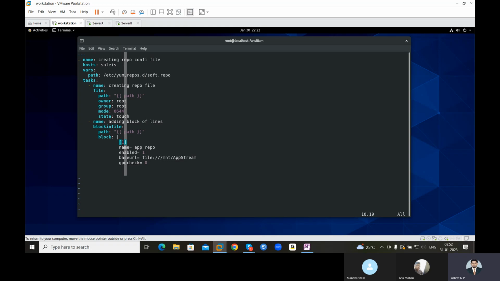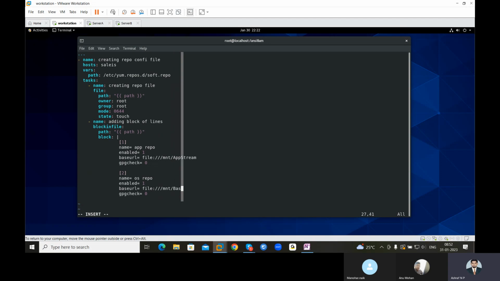So 1, 2, 3, 4, 5. So 5yy, copy it, just come down, and paste here. I'll customize later. I'll just give 2, and the name of the repo should always be unique. So I'll say OS repo, and the path and base URL should be unique. So this is okay. We have learned this well.